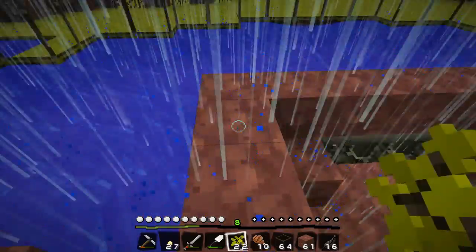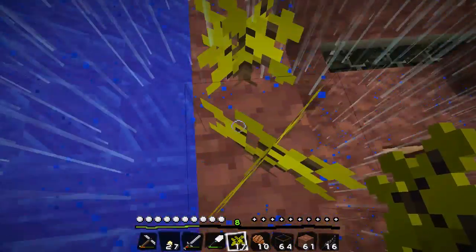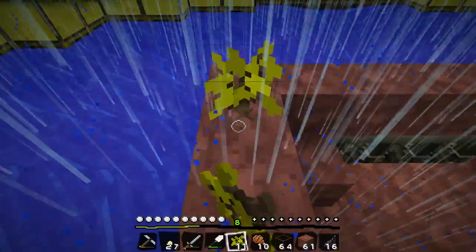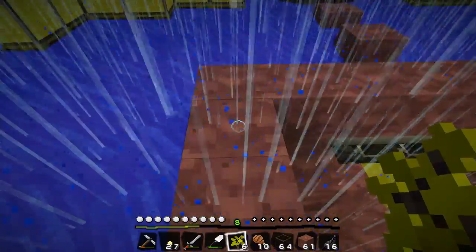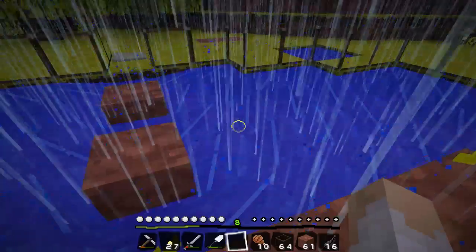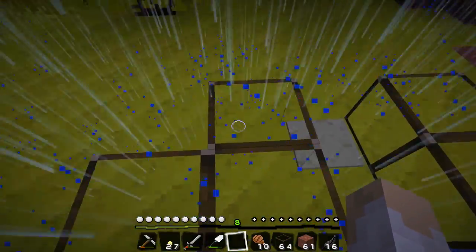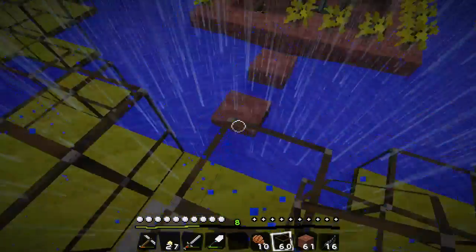Plant your trees around this little ring. Oh, I did place that. You usually use bone meal for now. Bone meal, but for now I'm not, because I'm going to be building around this area. And two saplings short, but that's cool. So I'm not going to step on this pressure plate yet. But yeah, like I said, I'm going to be building this, and while I build this, I'm going to tell